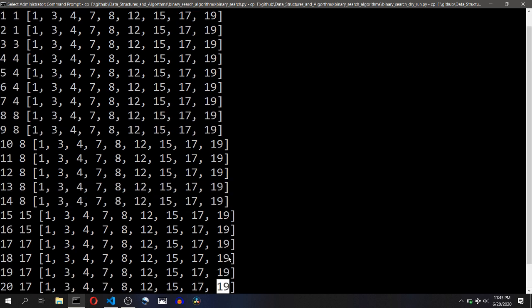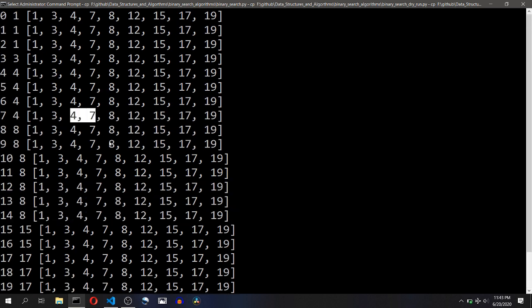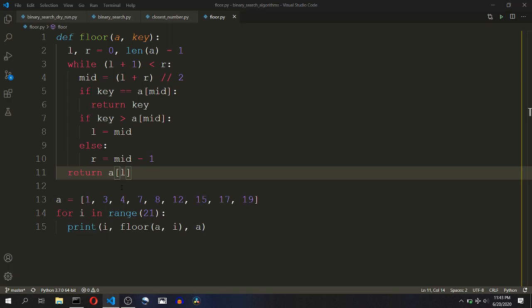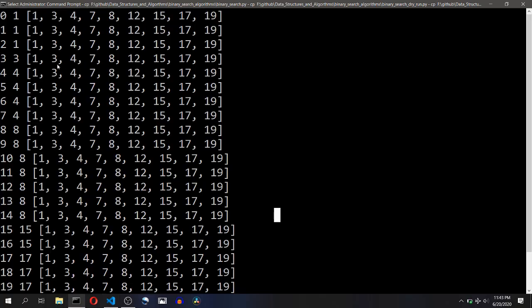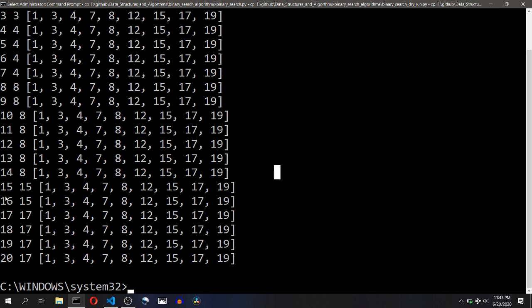Greater than in this condition and equal to in this condition. So we will modify this. We will return a of r if a of r is less than or equal to the key value, or else in all other conditions we will return a of l, because in all other conditions the code was giving correct answers.